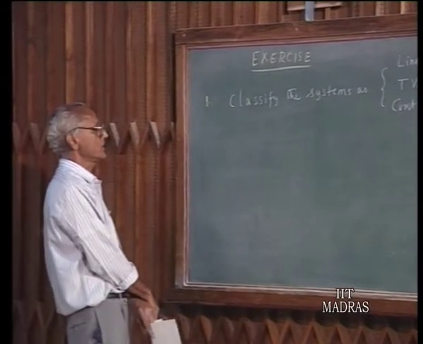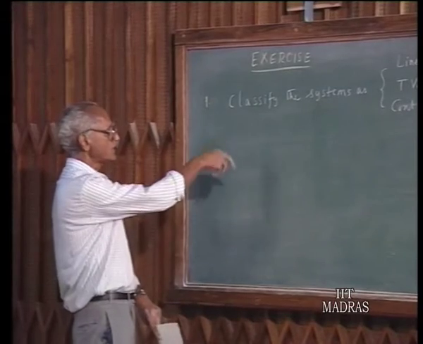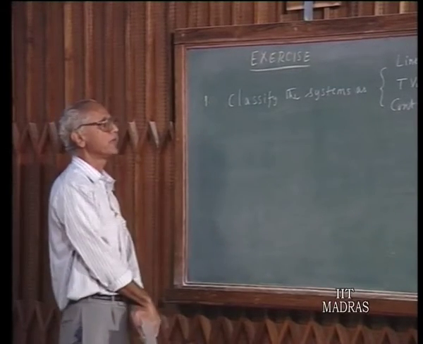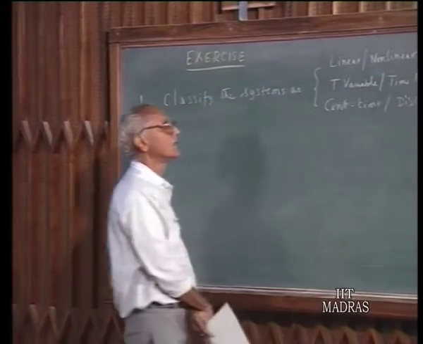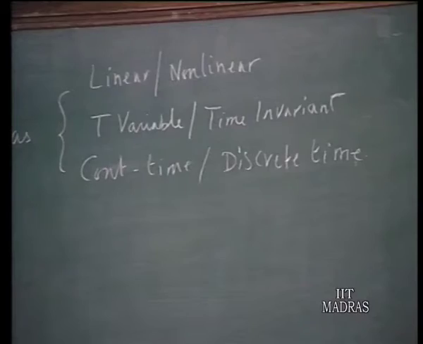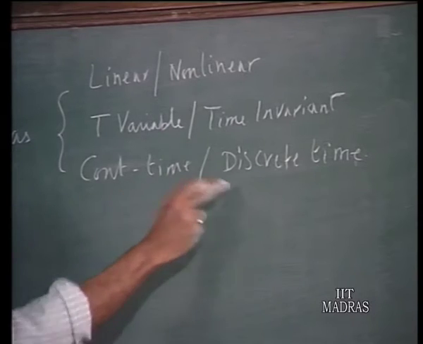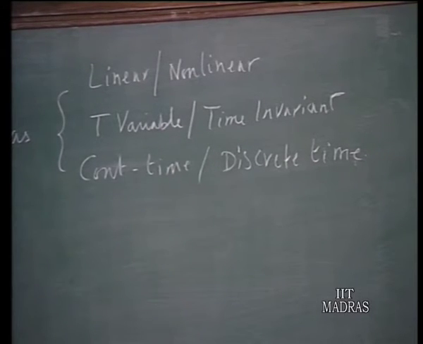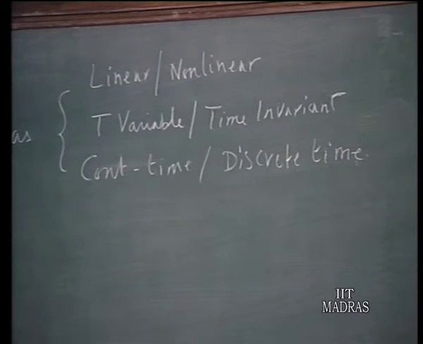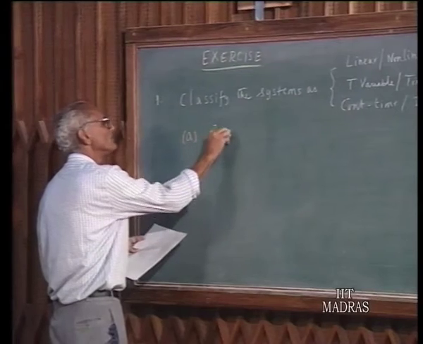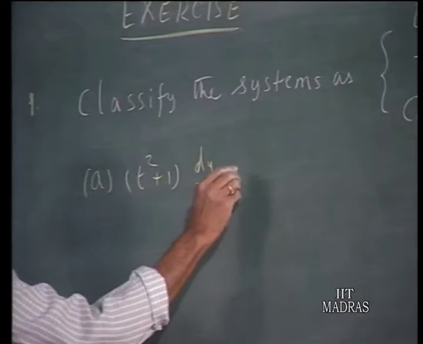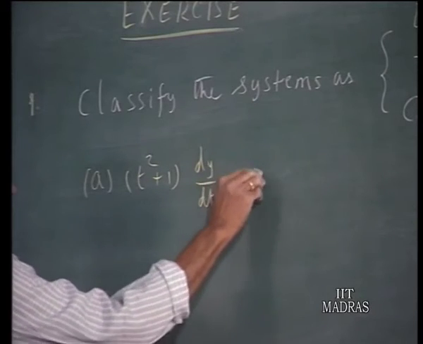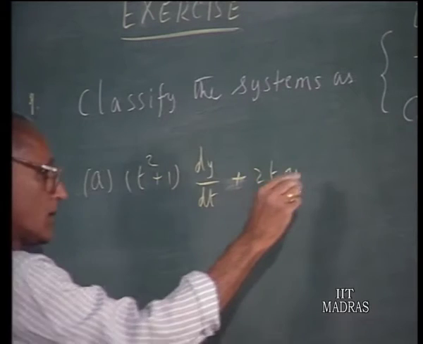First question in the exercise is: classify the systems given by the following equations as linear or nonlinear, time variable or time invariant, continuous time or discrete time. So, the equations are: A, t squared plus 1 dy by dt plus 2 ty equals x,